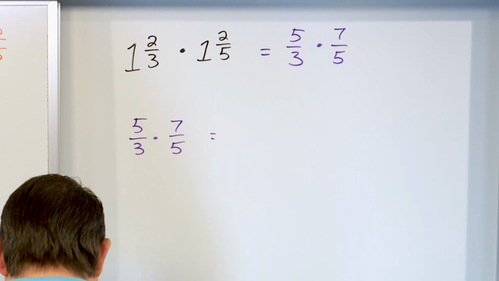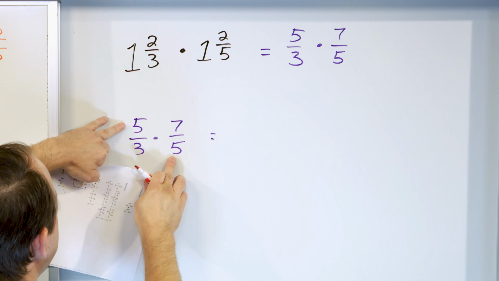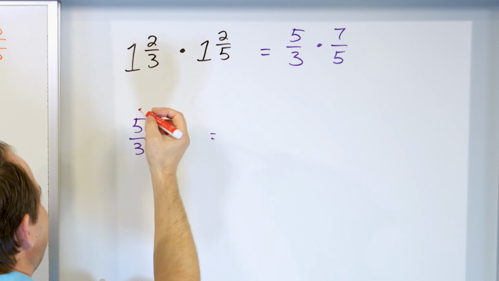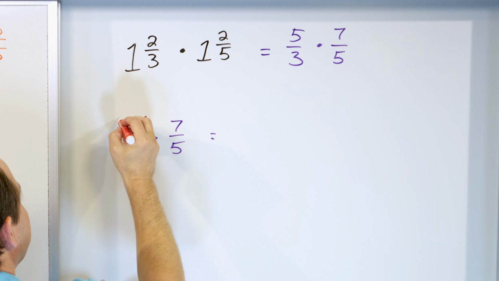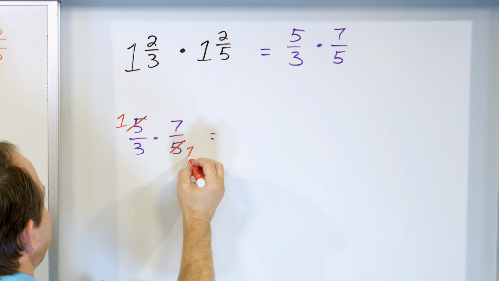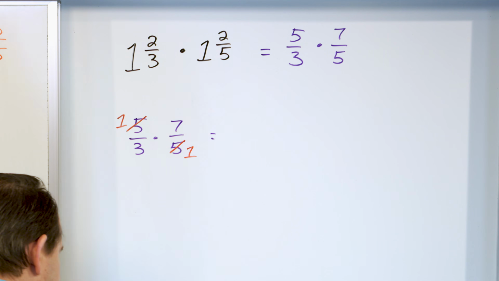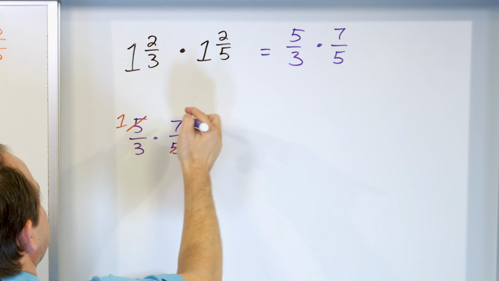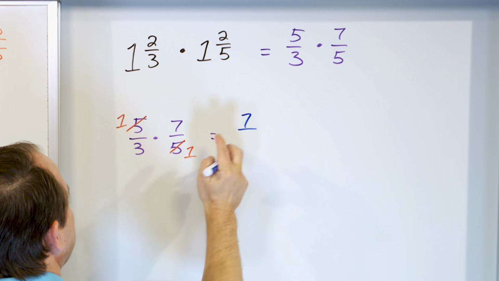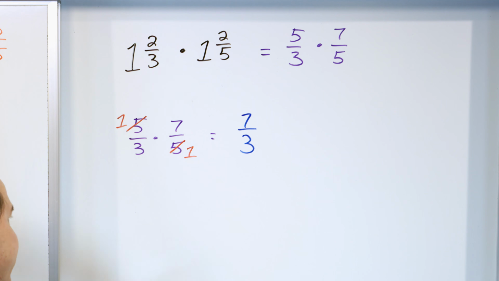All right, so we see we have a 5 and a 5. You can just strike through and cancel them, but really you're saying 5 divided by 5 is 1, 5 divided by 5 is 1. And the 7 and the 3, they don't really do anything. You can't simplify that. So then we multiply. 1 times 7 is 7, and 3 times 1 is 3. Now you can leave it at 7/3,